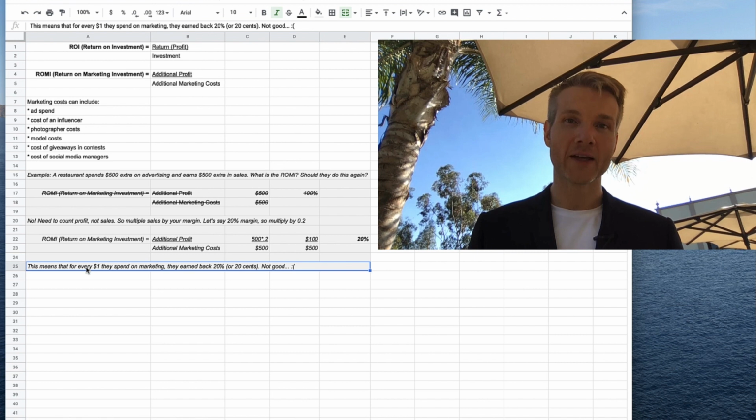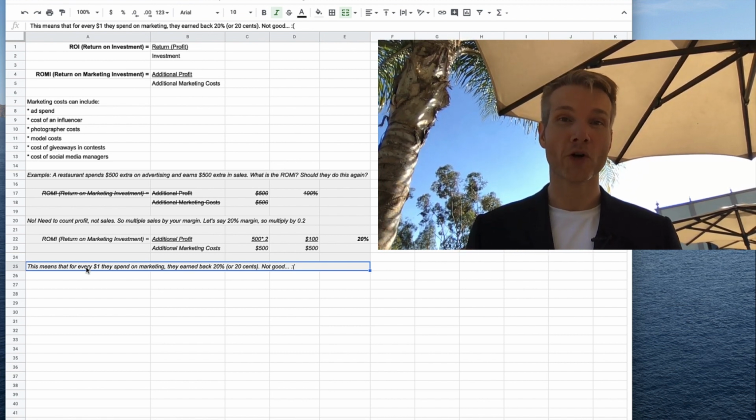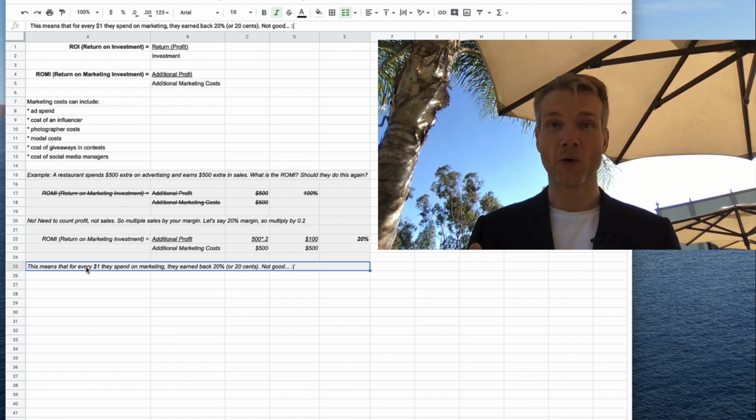This means in this case, they're spending $1 to make 20 cents back. That's not really a good return on their investment. And they probably want to think about what they're doing with their advertising and try to improve it and make it more effective. We just went through and calculated ROMI for one particular ad, but you can also go through